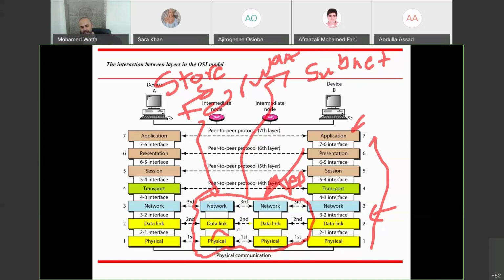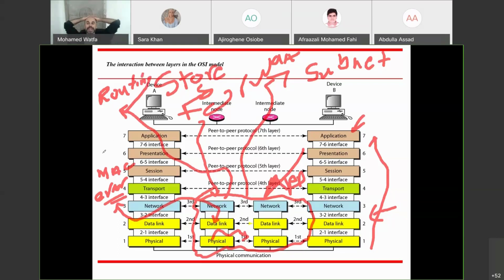Everybody's storing and forwarding. So the physical layer is obviously for communication purposes. We talk about bits and signals. The data link layer is typically in charge of error correction and other stuff, and MAC, meaning medium access control, having access to the medium. And the network layer, as you would expect, is in charge of routing, meaning picking the best path, especially if I have multiple options. So these are the major jobs of